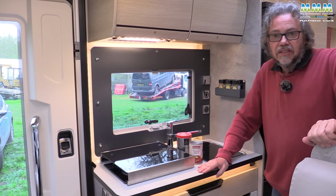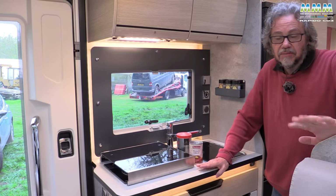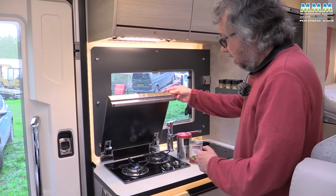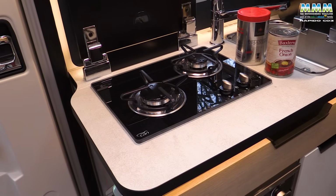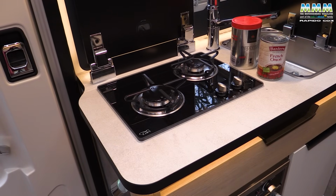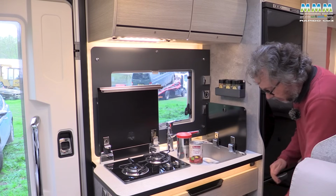In a van of this size, there's always likely to be some sort of compromise, and here I guess it's the kitchen. So you've only got a 2-burner hob, and once you've raised the lid for that and the sink, there's not a lot of worktop. Although